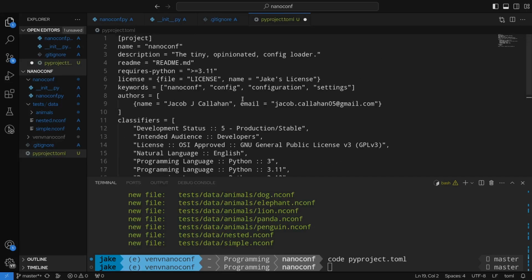Okay, I have the initial metadata in place now. We're mainly specifying things like what the README file is going to look like, which I'll add later. The Python versions that it supports, we're going to say greater than or equal to 3.11. This is part of the opinionated parts of this, is I don't want it to be supporting significantly older versions of Python. The license, which I'll add my license file here in a second, a little bit of a different